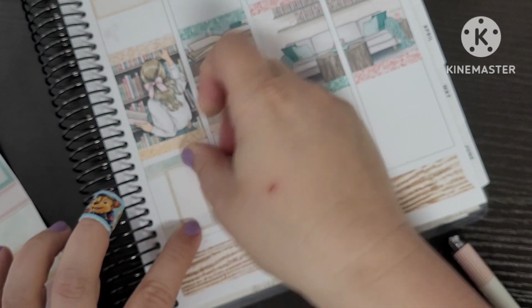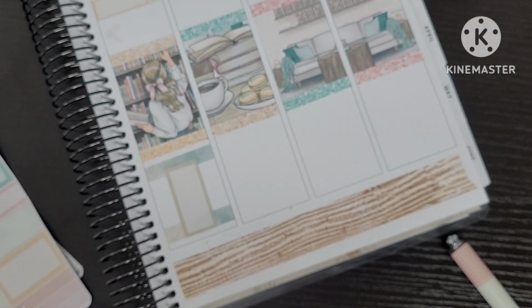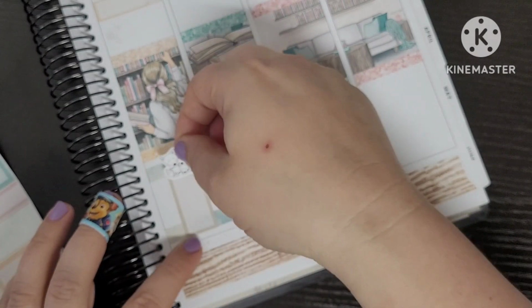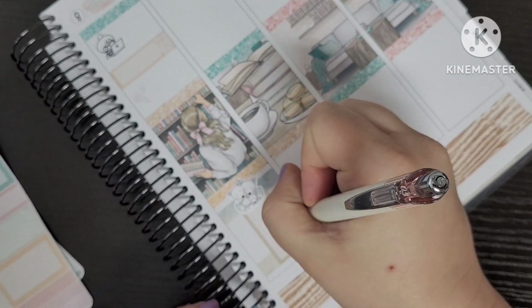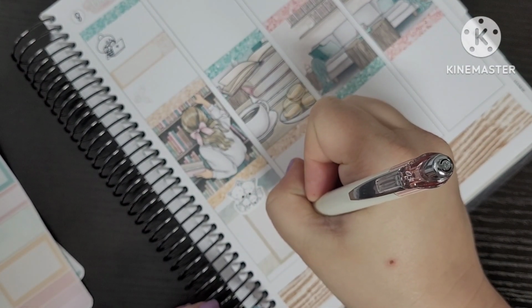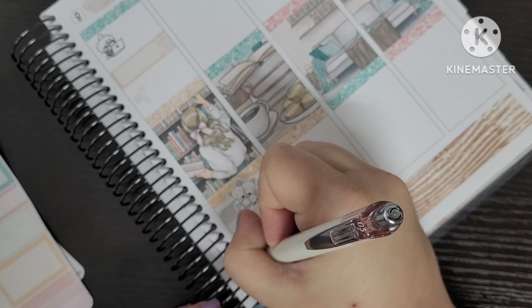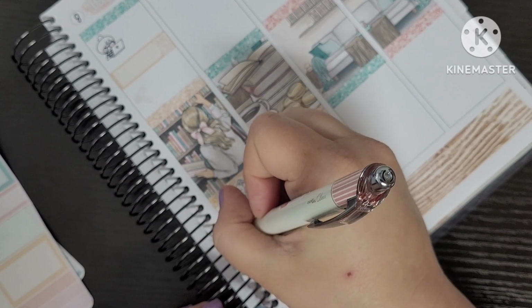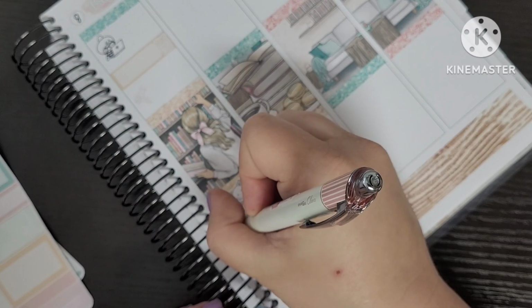So I used a third box, but I flipped it vertically, and then I drew in some music notes, because I don't have any music notes, which I should probably purchase, but it was kind of nice to draw everything in. On Friday, and I feel like I'm very delayed in this, but on Friday,